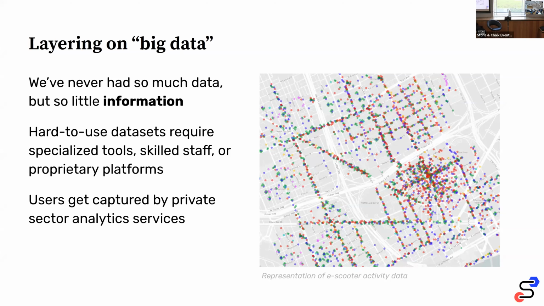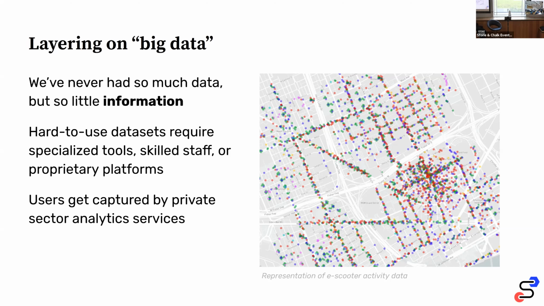Sometimes the problem is that there are private modes of transportation happening, cities want to understand it, and they don't have data from Lyft, Uber, scooters, et cetera. But sometimes the problem is that they do have data, but they can't make any sense of it. So the map on the screen is a representation of what a city gets when they ask a scooter company for information about where trips are happening and they want to figure out which streets are being used. You can see a bunch of dots. If you stand back and squint, you might be able to make some sense of it, but it really doesn't tell you an awful lot.